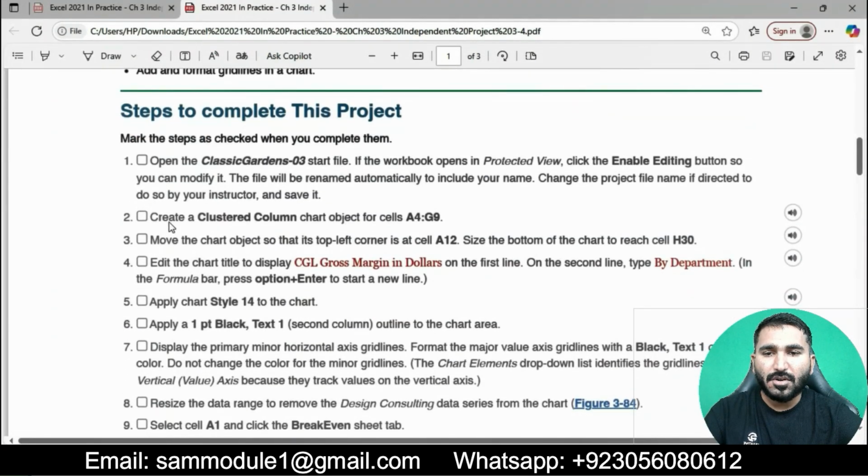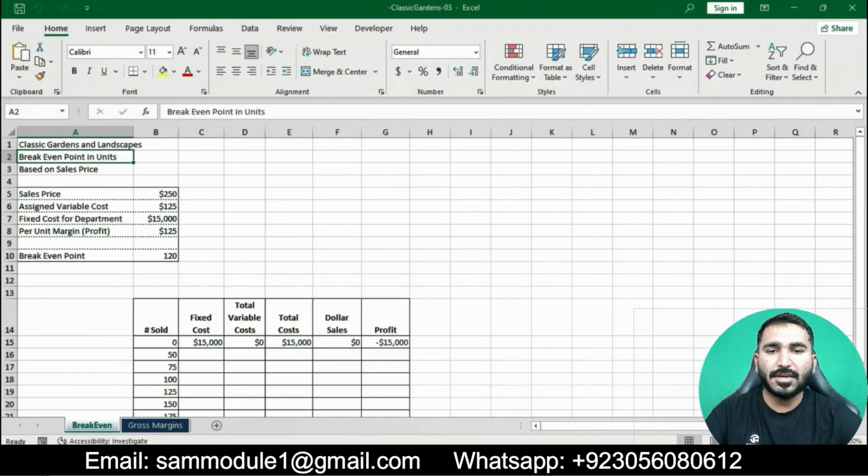Now question number 2 is to create a clustered column chart object for cells A4 to G9. Basically, in this question we will first select the range A4 to G9 and then create a clustered column chart. Moving on in the Excel workbook, I will select this range A4 to G9, and then create the clustered column chart.